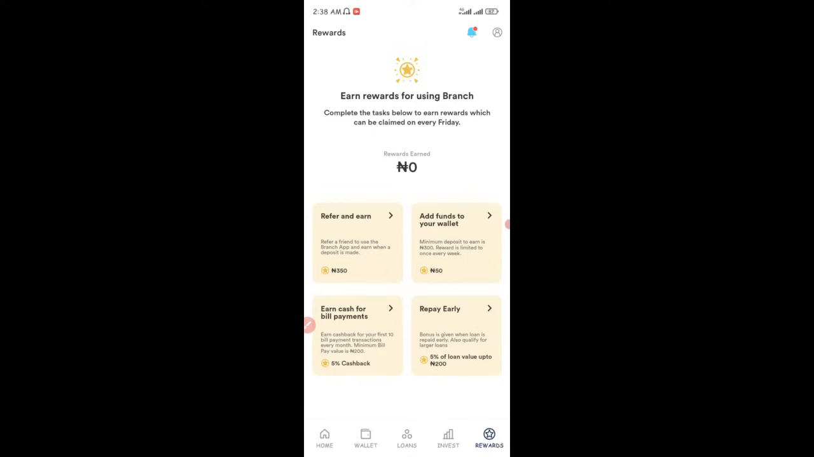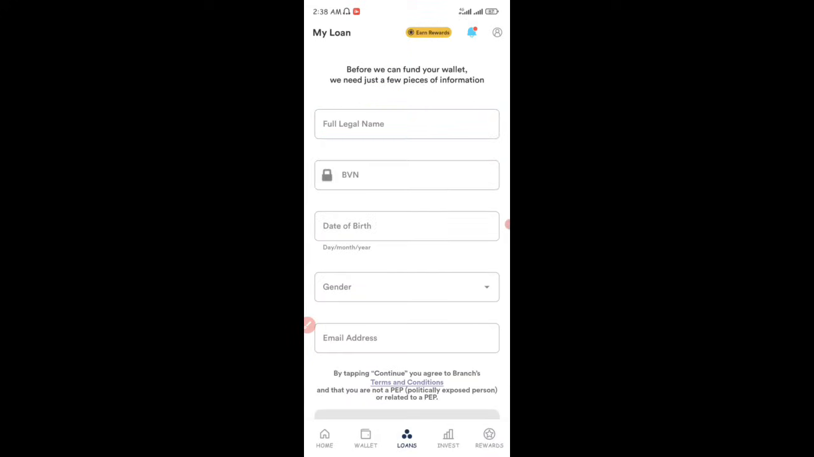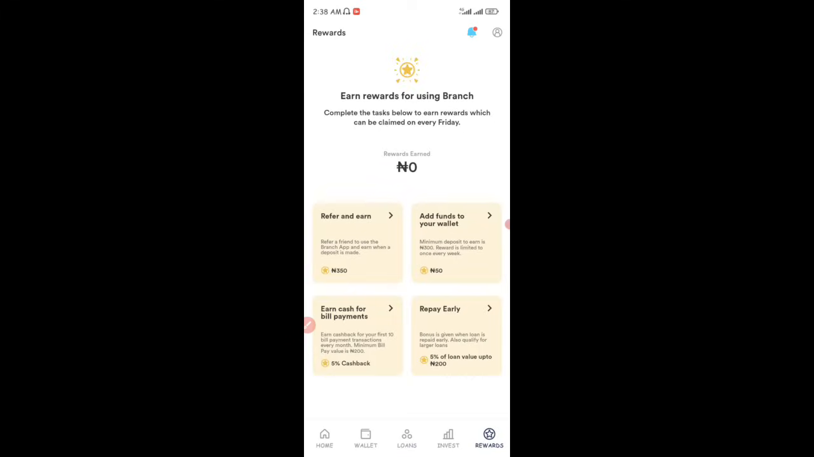And then this one is not actually how to make money. The first thing is repay early. So bonus is given when a loan is repaid early, and it also helps you to qualify for larger loans. So when you come to the loans tab and fill this form and borrow a loan using the Branch app, you are eligible to get a bonus. The Branch app is actually that good that when you borrow their loans and pay them very quickly, you don't default, you still get a bonus for repaying early, and you also qualify